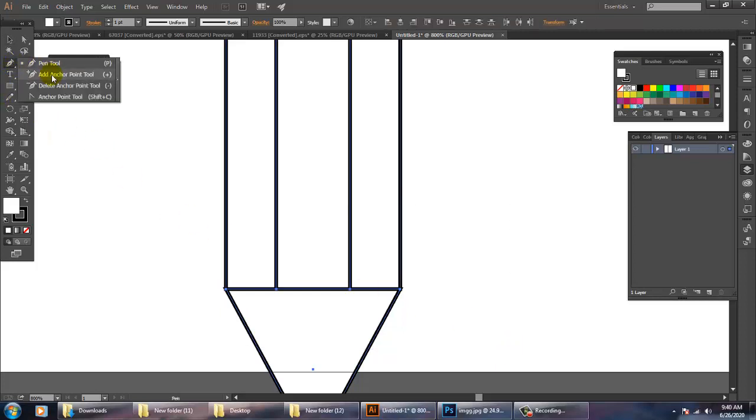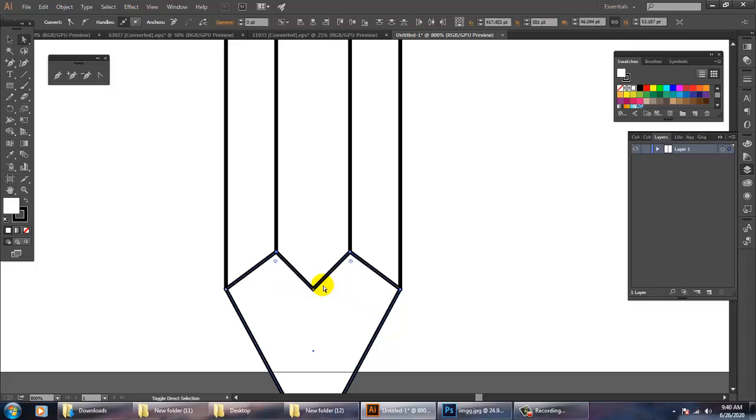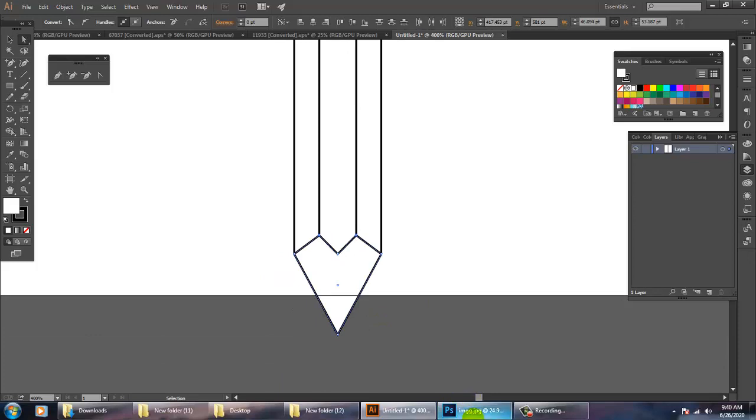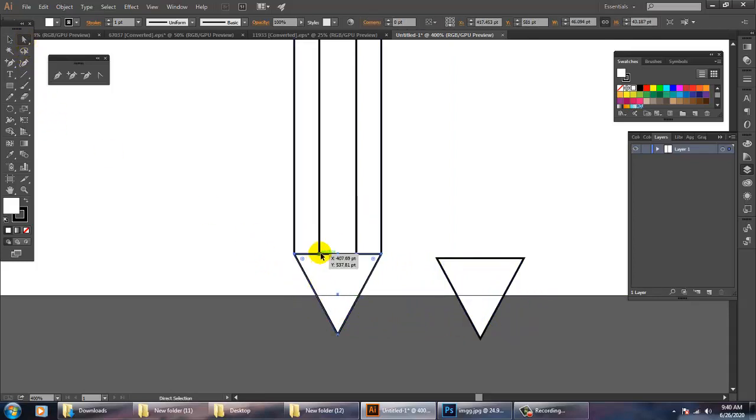Now let's zoom in, select this, go into the pen tool and add an anchor point over here, over here and over here. Once you have added these anchor points, let's shift and select these anchor points and use shift and up arrow to push it up. Once you have pushed this up, as you can see, we are done with this. Before doing this next step, I'll take one copy of this by pressing Alt and drag. Now I will select this, both shift and up.